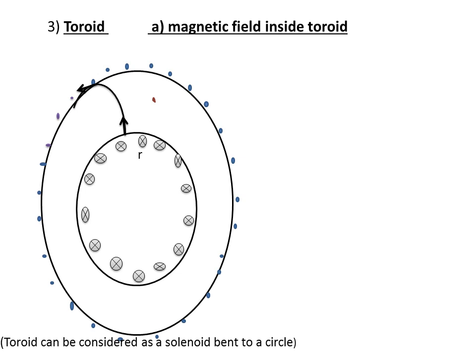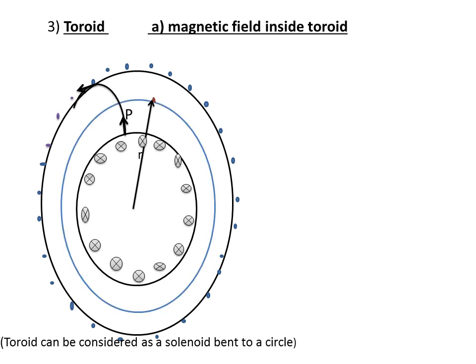Now we have to find magnetic field at a point inside the toroid. P is the point here. It is at a distance r from the center of the toroid. To find magnetic field using Ampere's circuital law, we have to draw an Amperian loop through P. So the Amperian loop here is a circle of radius r. We know that magnetic field lines due to the toroid are also in the form of circles inside the toroid.